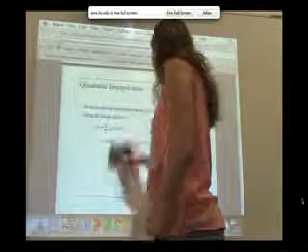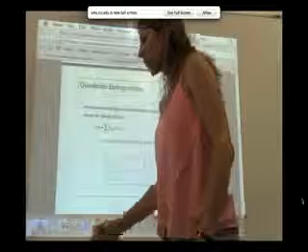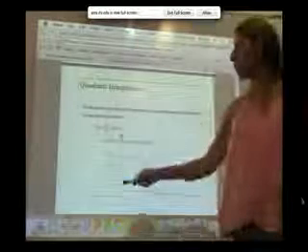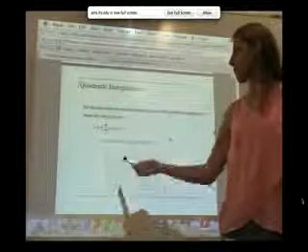So next one is the quadratic interpolation. I'm going to go through this pretty fast because we have been talking about it together. So for quadratic interpolation, you have 3 terms and you have to know